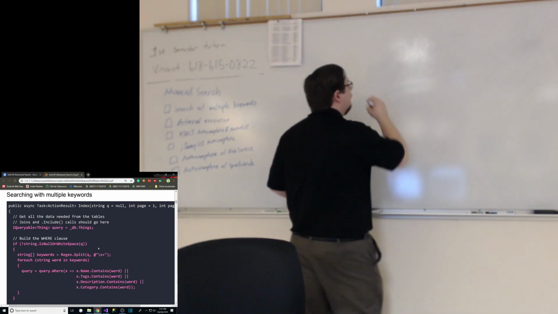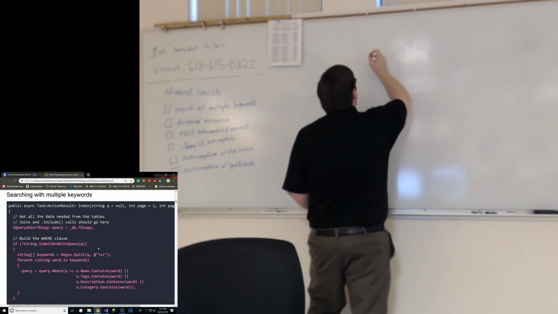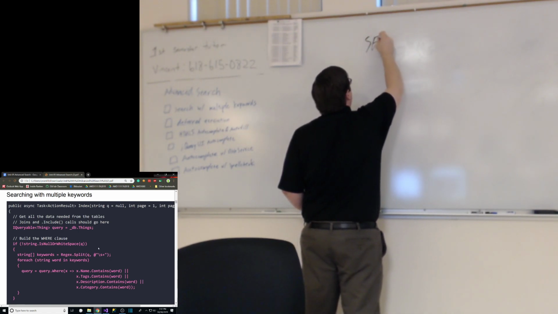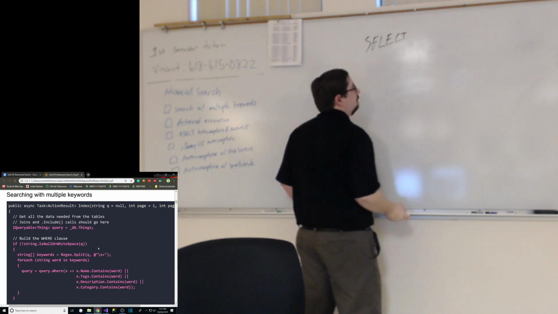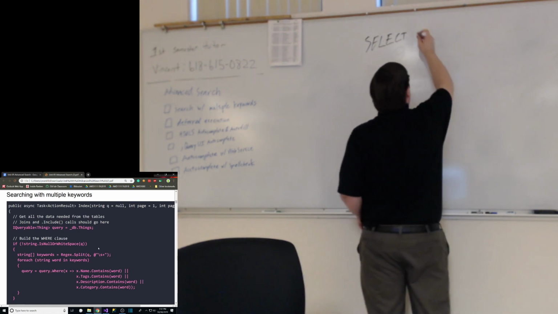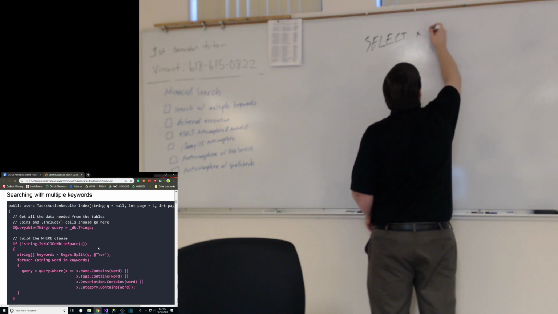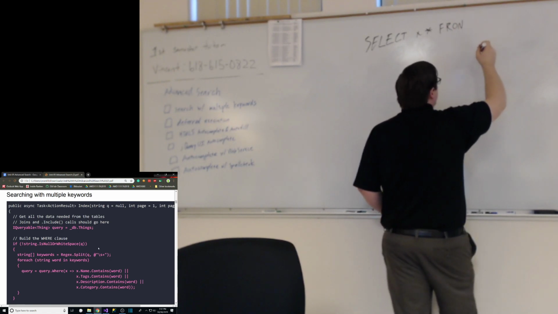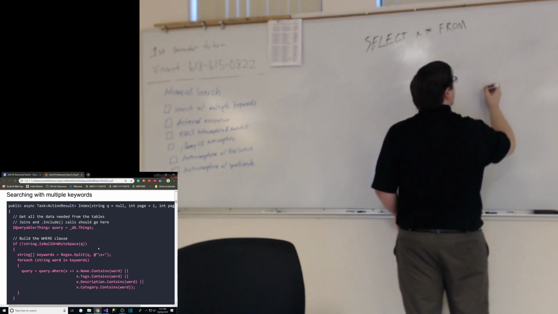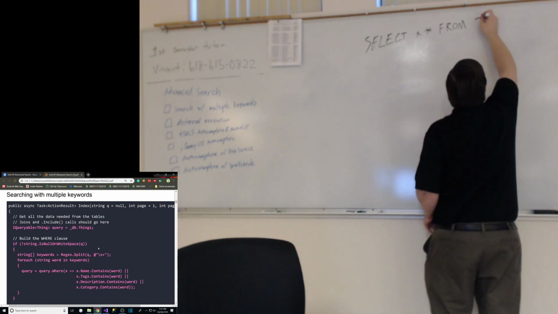So if I sent that to the server, that would be select I want to get all the columns from things